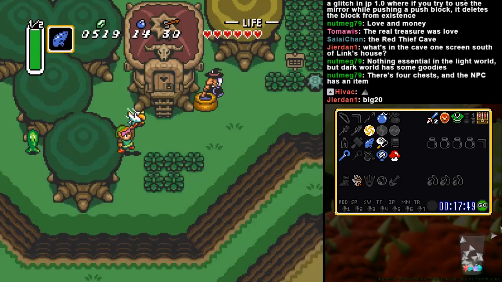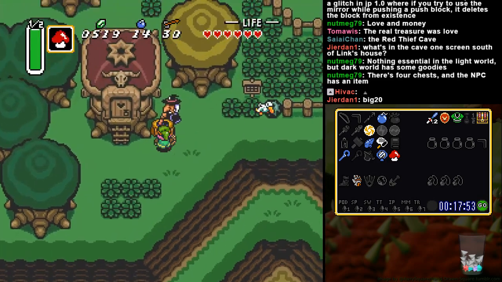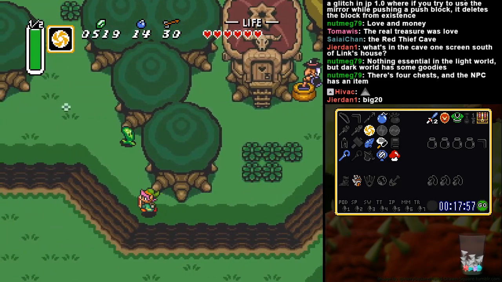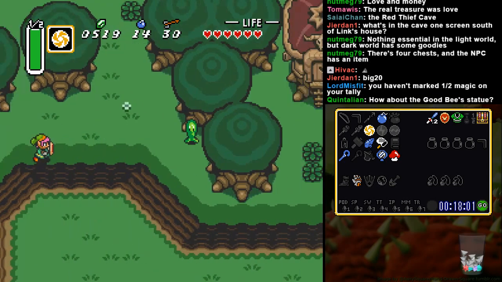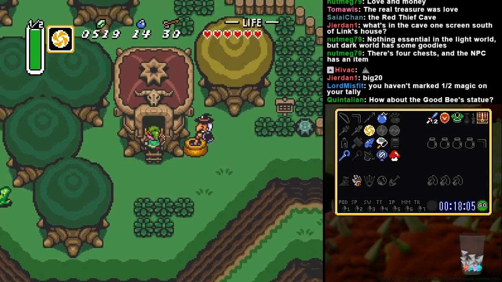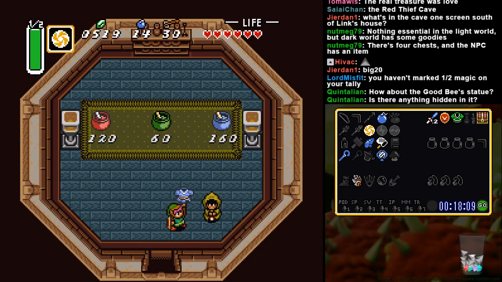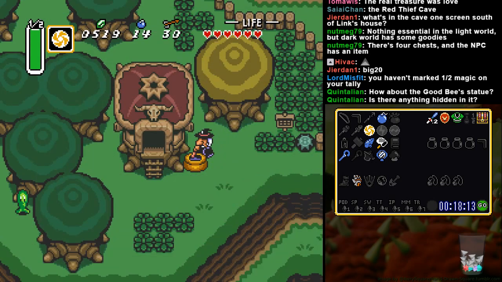Yeah, now we have the mushroom, so let's go and check out what the witch has in store for us. And yeah, in order to claim your reward, you need to exit the screen, because that's how it is in the actual game. Oh yeah, the half magic is not tallied automatically, that's why it's not here. Oh, alright! And with the mushroom, I make the blue mail, I guess. I mean...